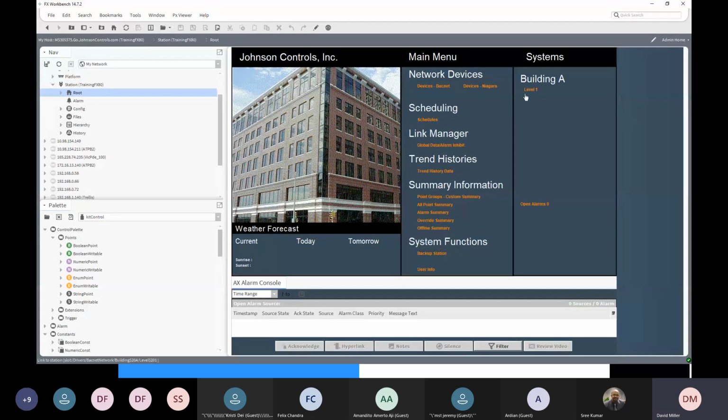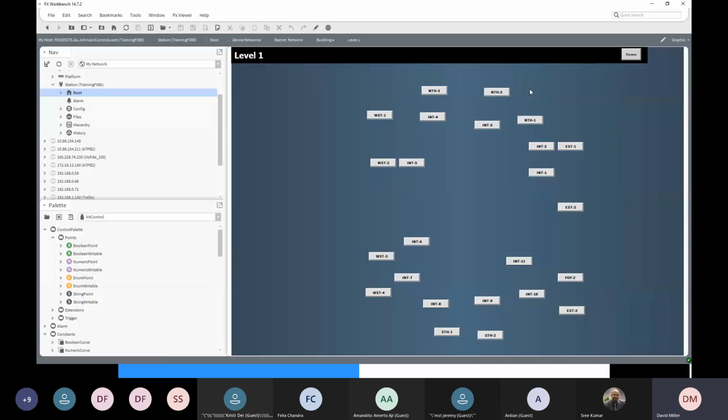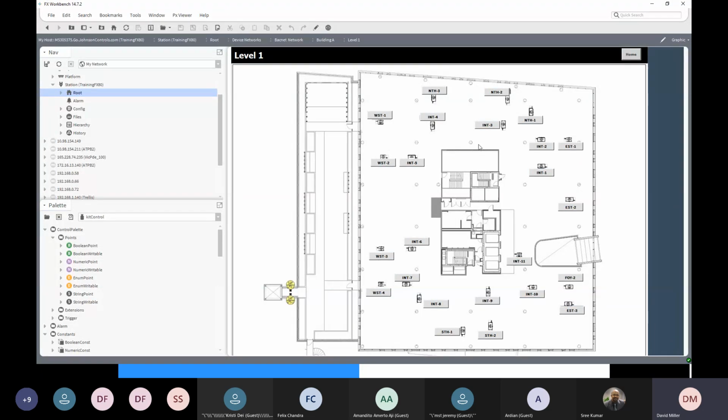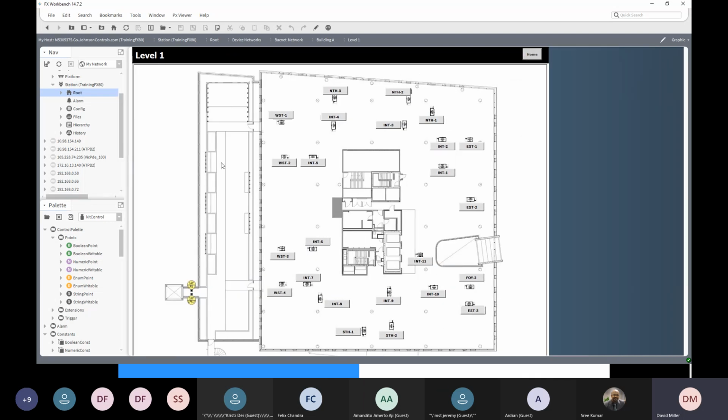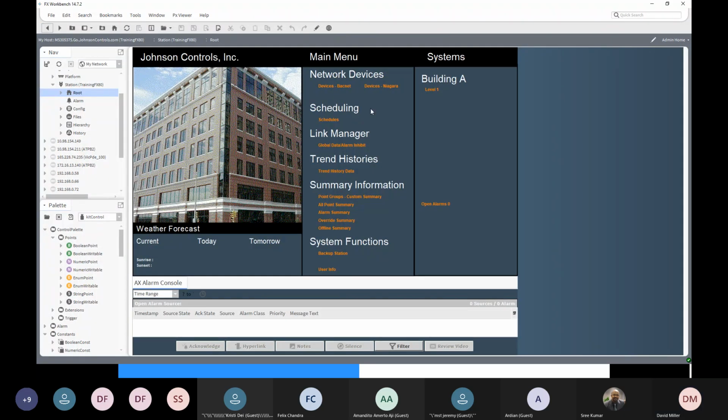So this is the home page graphic for this station. If I click on a link on this graphic, I'll go to another graphic. So the idea is that we build a complete user interface using the graphics, so that everything that the customer wants to see or needs to see, they can do via a graphic page. So if we go back via the back button up here,